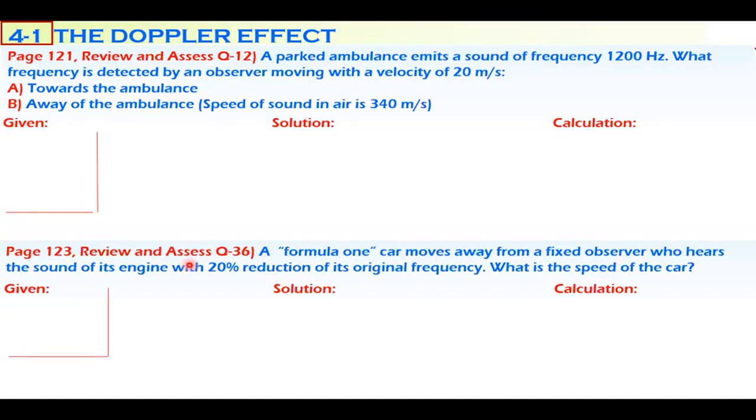A parked ambulance emits. Now this time the ambulance, which is the source, is parked. The ambulance emits a sound of frequency 1200 hertz. What frequency is detected by an observer moving with a velocity of 20 meters per second? A, towards the ambulance. B, away from the ambulance. So if this observer is moving towards the ambulance,